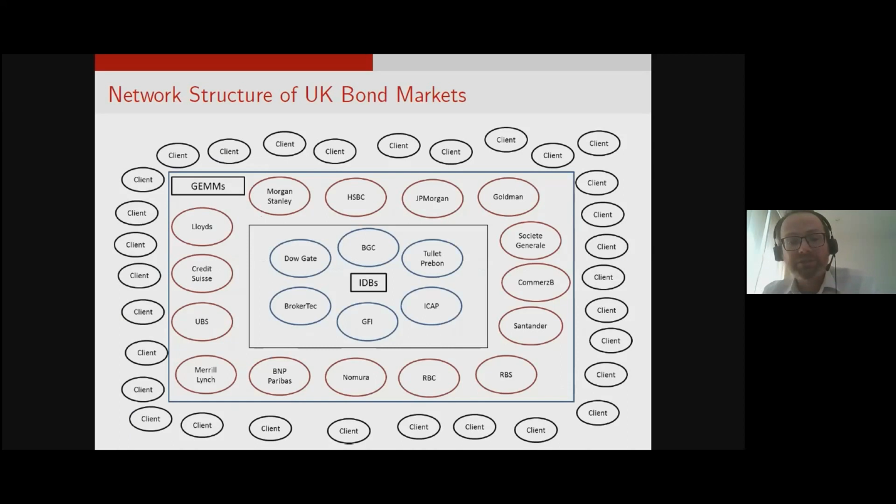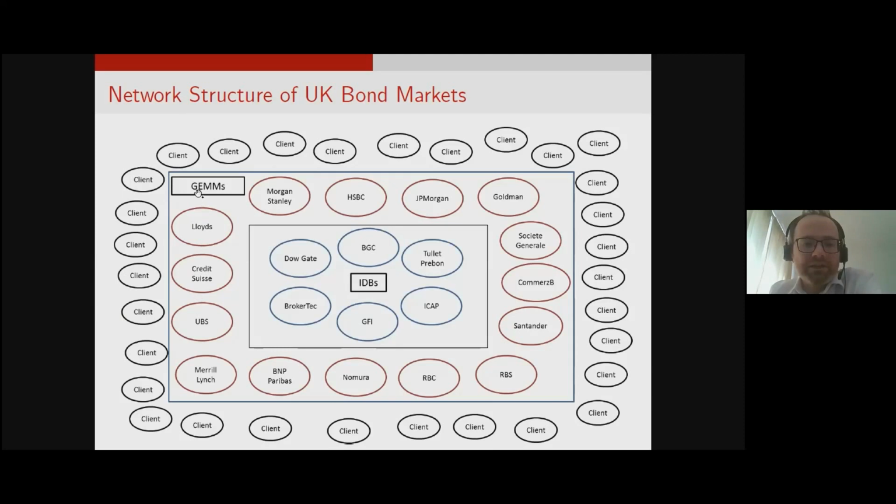I should mention that this is actually not dissimilar to the US market. So even most of the identities are in fact intermediating and acting in the US Treasury market. So basically we have about, as I said, a couple of hundreds of these black guys, the clients, who are trading with what we call in the UK gilt-edged market makers. So they are the primary dealers. They are the ones who are allowed to go to the primary auctions when the debt management office issues new